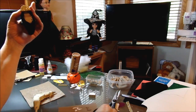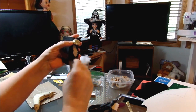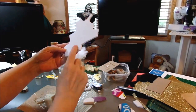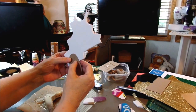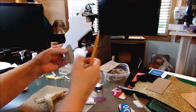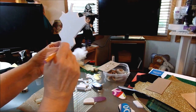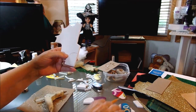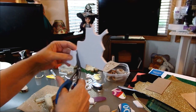So let me see if we've got our square somewhere. So now we're going to cut out this part that goes inside the boot. Okay, so we're going to take the same pattern that we had, only this time we're going to cut out the bigger pieces, the opposite side of the sole. So let me scoot this over a little bit. And then we'll cut this out. Okay, so you're going to need 4 for the whole thing. Alright, so once you cut that out,